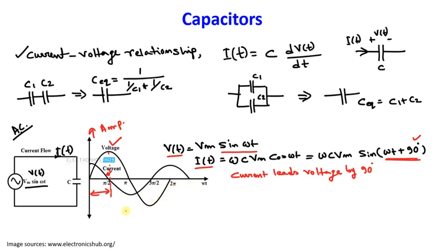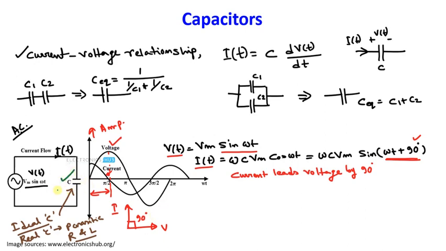And if we have to plot the same thing in a phasor diagram, then it will look like this, right? Current leads voltage by 90 degree, same thing. So here one important thing I would like to mention is that the capacitor that we have considered is the ideal capacitor, right? So that's why you are getting this characteristic. However, for a real capacitor, along with the capacitance, some resistance and inductance, these parasitic components, will also be there, and we have to consider those parasitic components as well in our analysis.